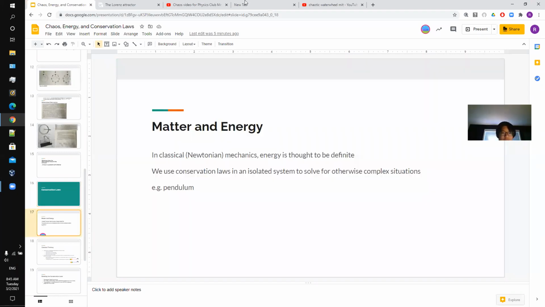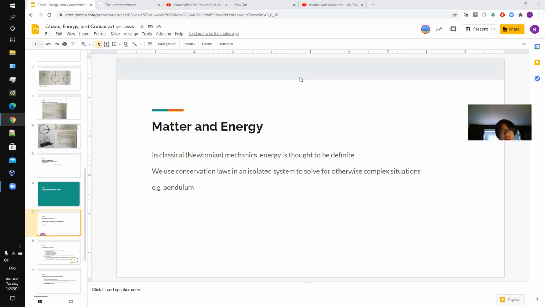Right, so we're going to switch gears, and I hope the animation is great. This is more fundamental to the universe. So first we think in classical terms. In classical or Newtonian mechanics, we think energy is definite, and this is what we learn in high school. And over time,